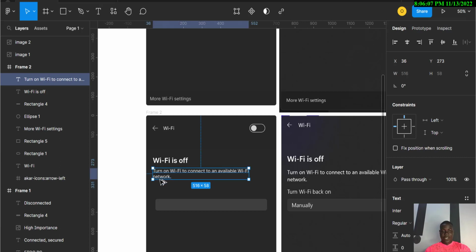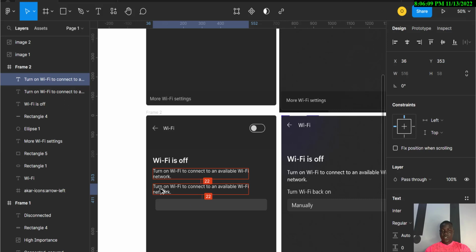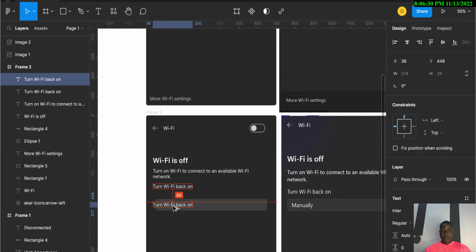I'll press my Alt again. I'll bring it down. 22 is okay. And I will type turn Wi-Fi back on. That's all. So from here now, I'm going to duplicate this again using my Alt, and I will bring this